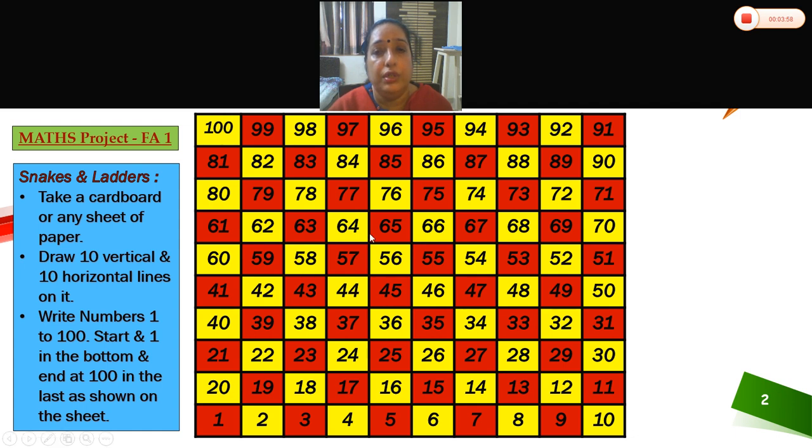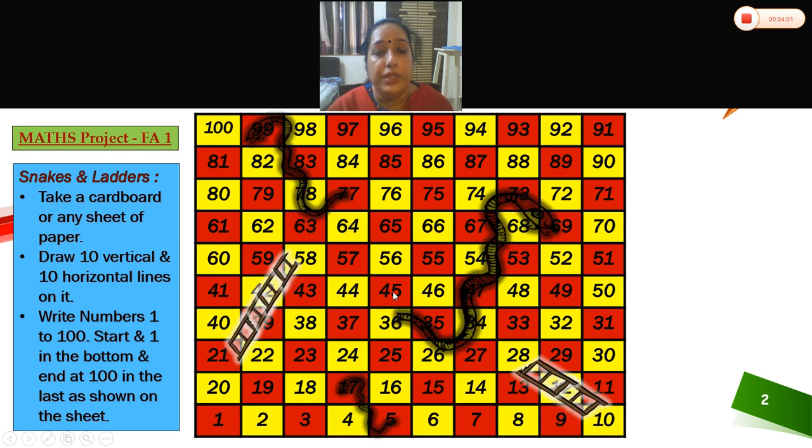All finished? Okay. Now the next thing you are going to do, you are going to color all the odd numbers with the red color and the even numbers with the yellow color. Odd numbers, that is ending with 1, 3, 5, 7 and 9, those are all odd numbers. You are going to color them all red. Now 2, 4, 6, 8, wherever these numbers are ending, you are going to color with yellow color.